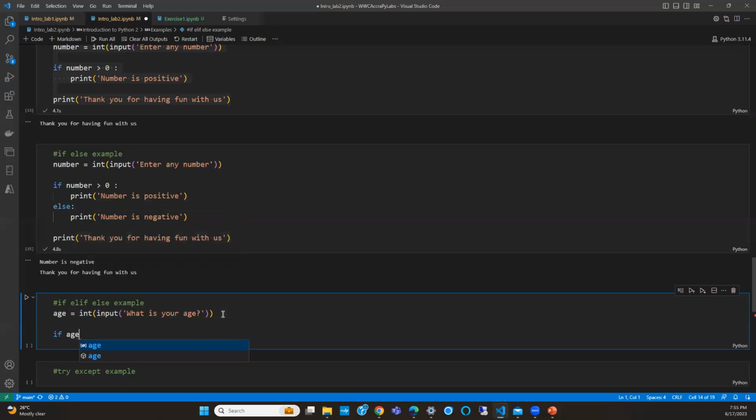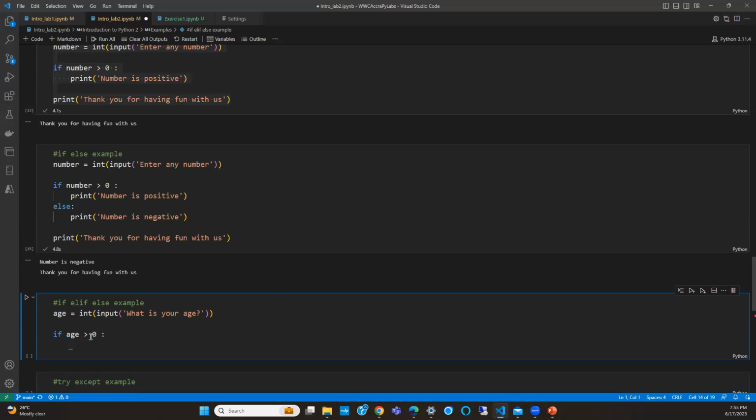So if age is greater than 0, that's my answer. So let me go with age is 60. I like retirement. So if age is greater than or equal to 60, print you have retired.